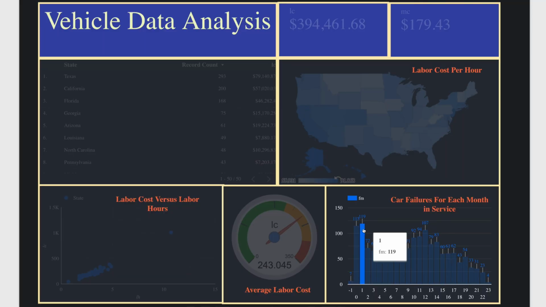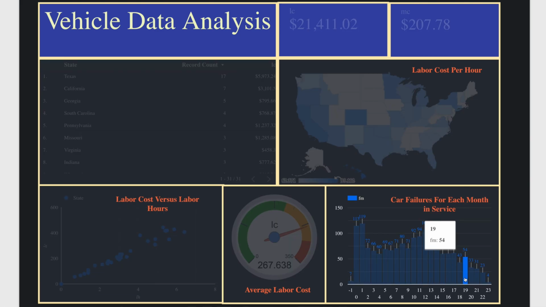Hello and welcome back. Today I'm going to illustrate how to use Google's Data Studio to create an interactive dashboard. I'm going to use our familiar dataset, vehicle failure data. You'll find that creating a dashboard is simple. It can be done very quickly, but it is also going to be very effective. So let's immediately get started.